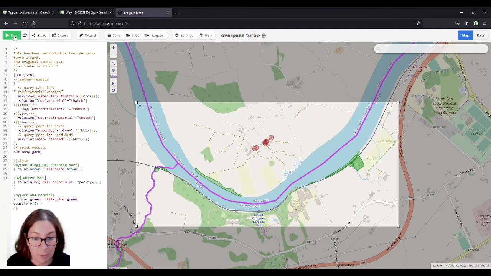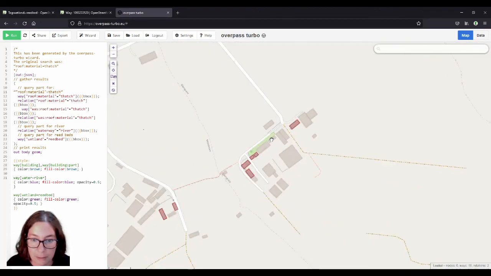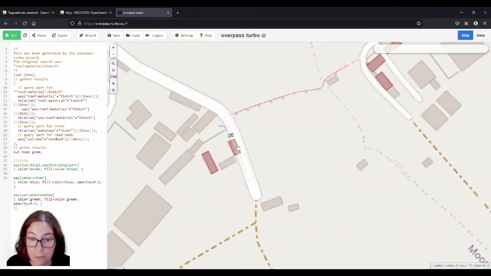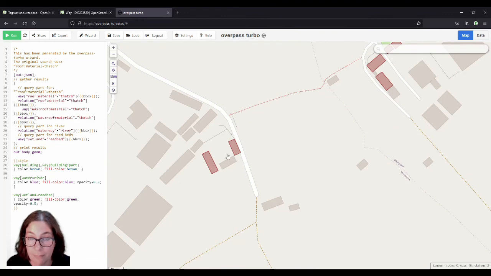Well, the rivers didn't work, but this is the river shore. It's already blue anyway, so it doesn't matter too much. There's another river here. I think that's the Wheelenbridge River, and a little stream here. So you can see this is Glen Grant in South Kilkenny. There are a couple of thatched buildings there, and former thatched buildings, those two are actually no longer in existence.